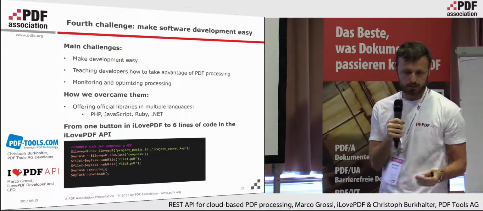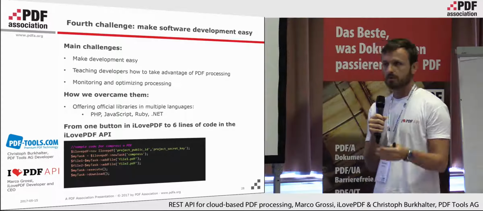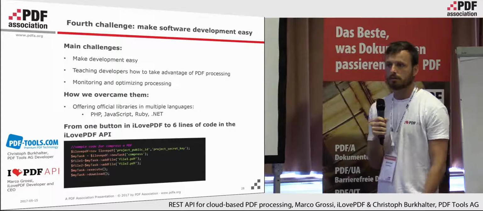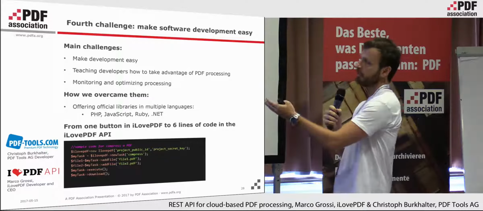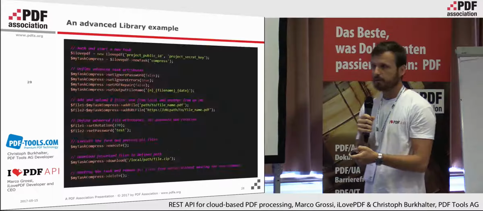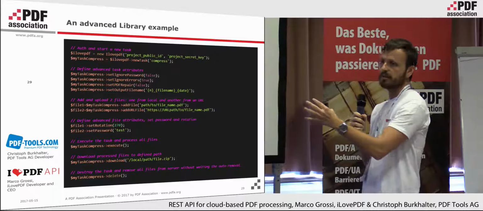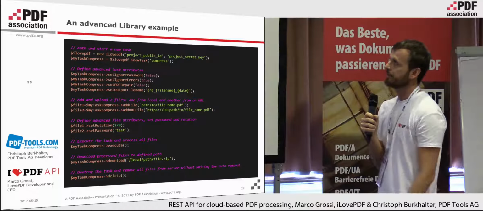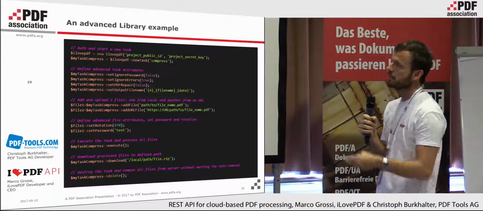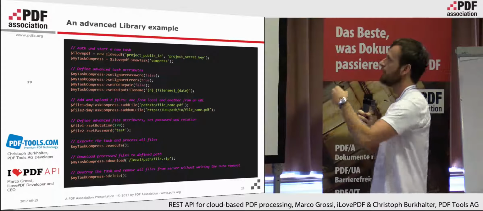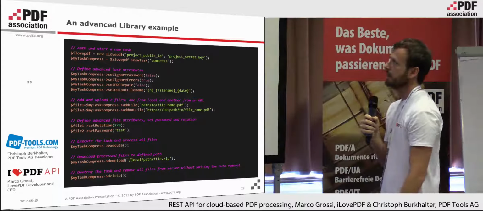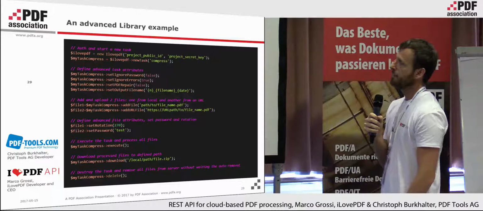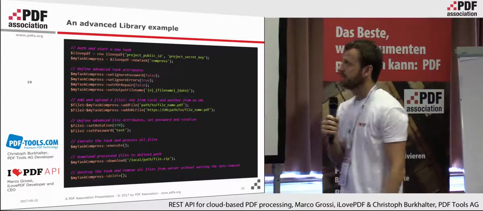A developer can download our library, and in less than 10 minutes, they can process their first file, compressing or whatever they need. Being easy to develop doesn't mean being less powerful, because of course, with these 6 lines of code you can do much more. We can complicate the example a little bit more. For example, the first 2 lines are where you authenticate. You define the task, for example, a compress task. You can set attributes to this task. You can set, for example, the output file name, which at first